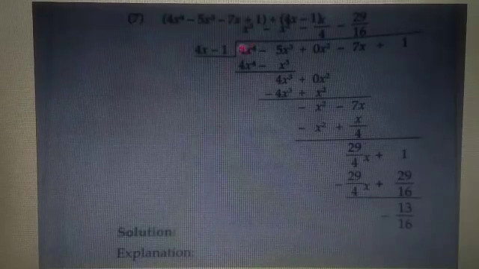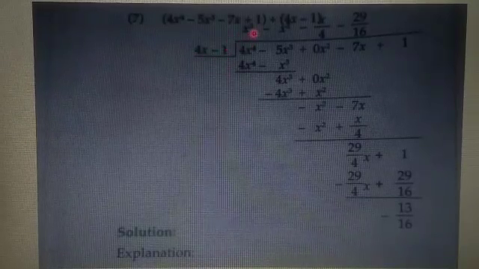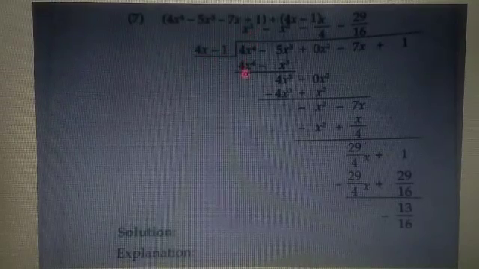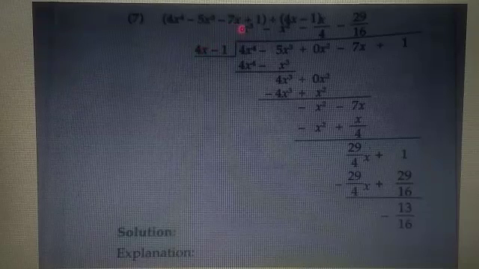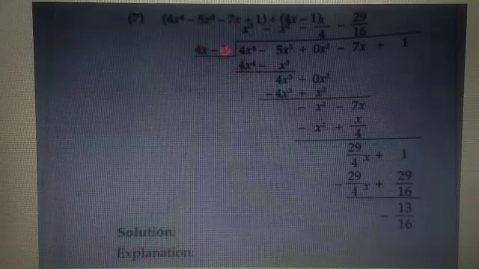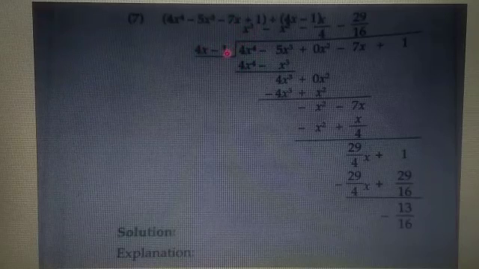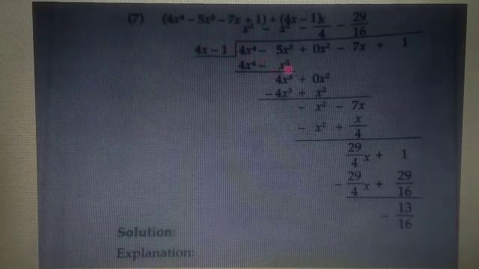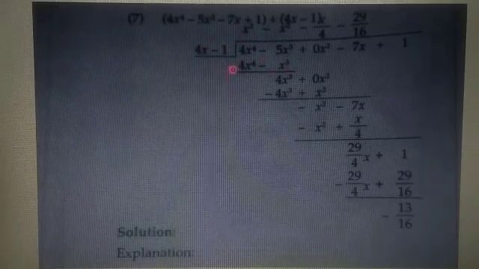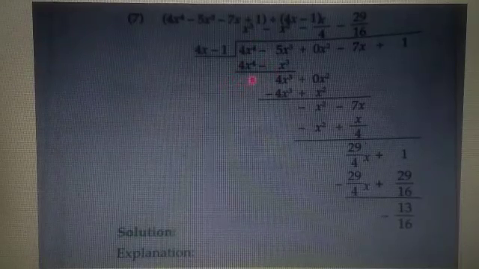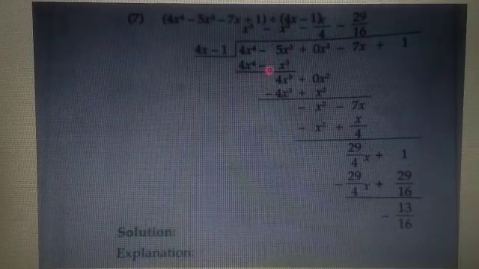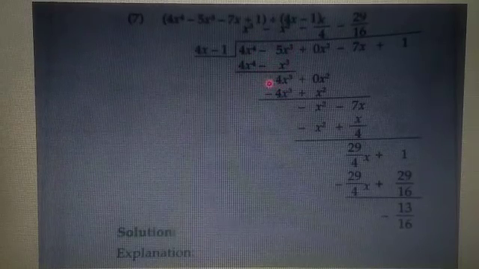Okay. So let us write, 4x minus 1 is multiplied with x cube. Then only we will get 4x raised to 4. So 4x multiplied by x cube is 4x raised to 4, minus x cube multiplied by 1 is minus x cube. And now subtract it. This is minus and this will become plus. So cancel. Here is 0, minus 5 plus 1 means minus 4x cube.